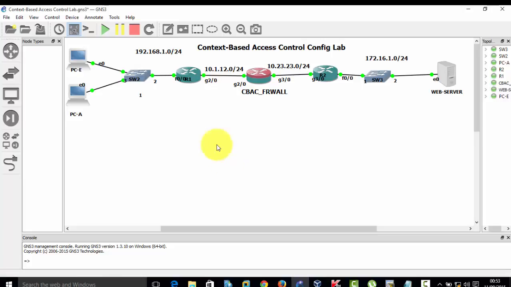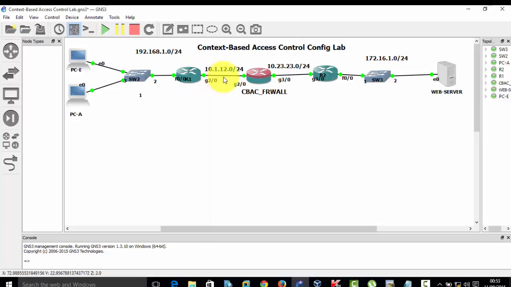CBAC is all about letting inside traffic go out, and when the return traffic comes back in, instead of dropping it, because we will configure the access list to drop almost everything. But with the help of CBAC, or context-based access control, what it will do for us is